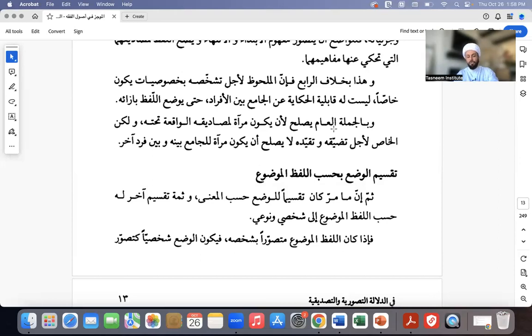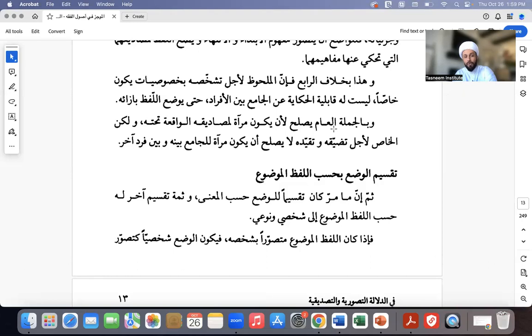لأجل تضيقه وتقيده, a particular meaning, because of its conceptual limitation, it cannot reflect any instantiation or individual other than itself. So if I'm thinking about Zayd, a very specific individual, the term that I coin cannot refer to anyone other than this specific meaning because of its conceptual limitation. ولكن الخاص لأجل تضيقه وتقيده. So a particular meaning, because of its conceptual limitation, cannot reflect any instances of that meaning or individual other than itself, and therefore